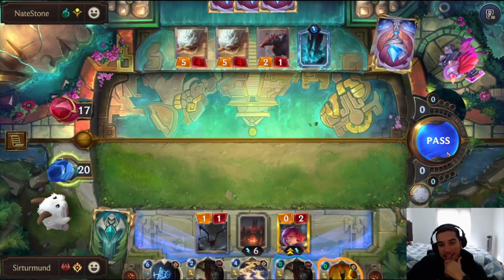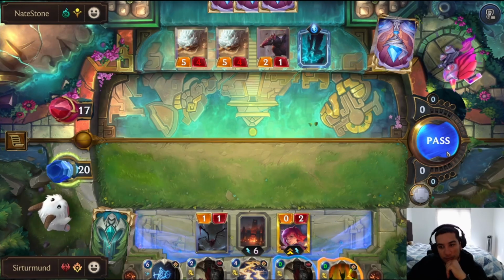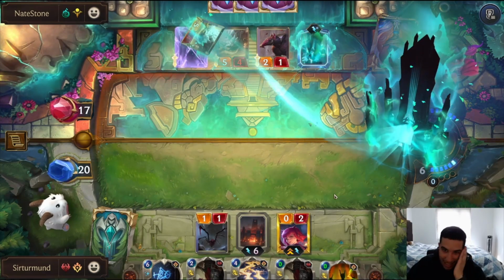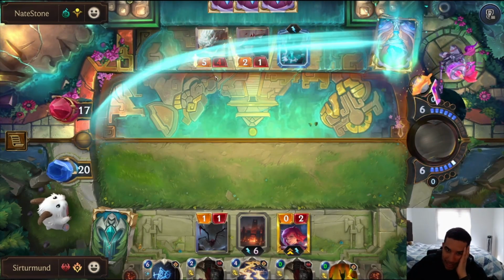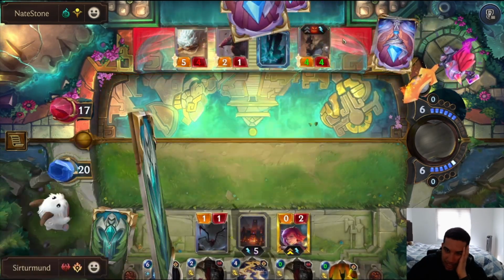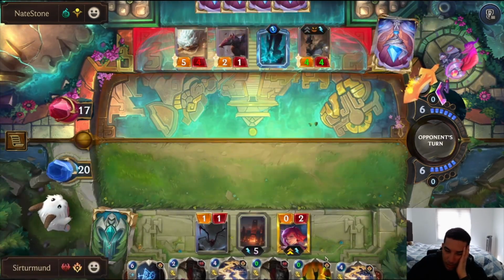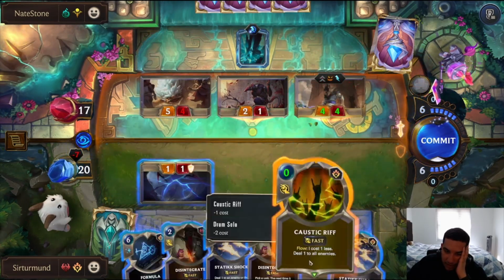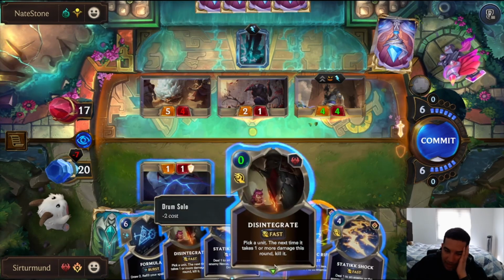Ah, opponent gets their Nasus, huh? Okay, so the opponent's gonna get Nasus, but it's a baby Nasus. They get a second Nasus here, but again, we have a second Disintegrate. We can go Caustic Rift. I guess opponent could have access to...